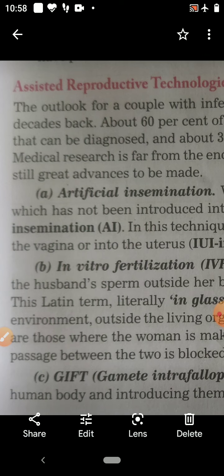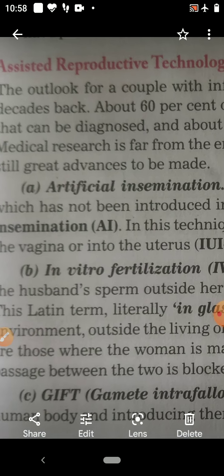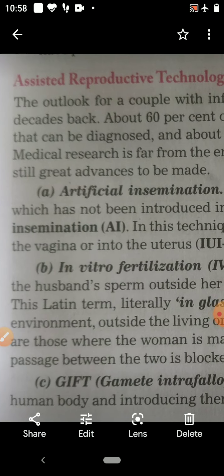able to produce a baby. But now at the present time, medical science has developed, new technology has come, and using that new technology, such types of couples are able to produce a baby. So what are the different reproductive technologies which will help the infertile couple in producing the baby? In that, first one is the